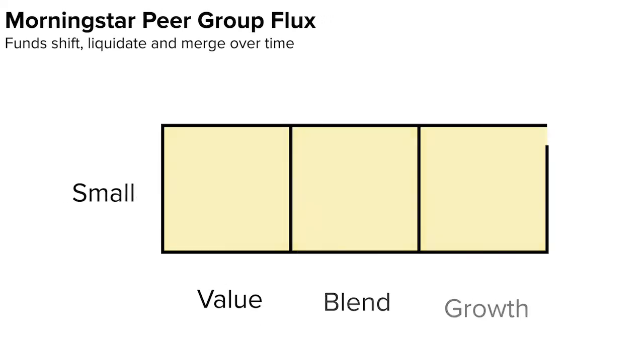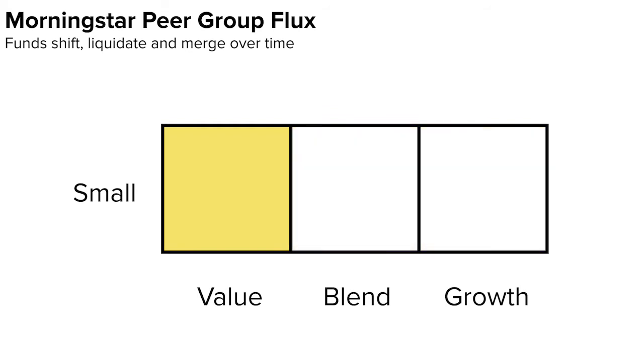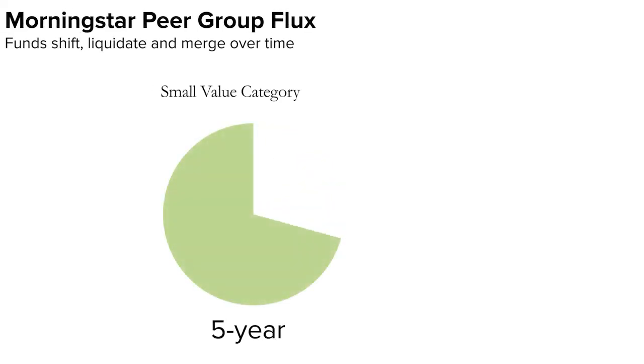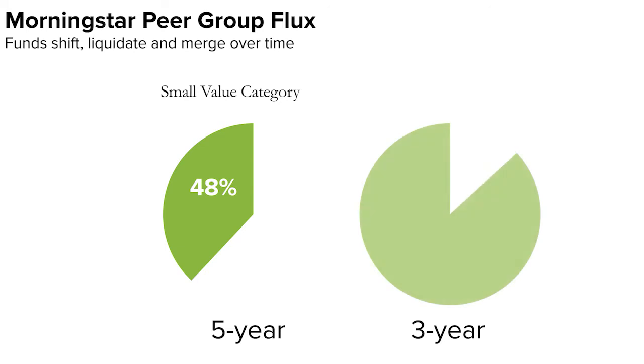And what stood out in the results? Our results were actually really interesting. We were surprised to see the degree of flux that takes place in Morningstar peer groups. For example, in the small cap value category that we looked at, we found that only 33% of funds stayed in the same category over a 10-year period of time. Now, does that change over shorter periods, 3 and 5 years? So we looked at shorter time periods as well. For example, again, in small cap value, we found that over a 5-year time frame, 48% of funds stayed in the same category, and the rest of them had actually moved or been liquidated out of the category. And over a 3-year period, across all 3 categories, we saw only about 75% of funds stayed in the same place. So that means 1 in 4 funds actually move out of that category over a 3-year period.